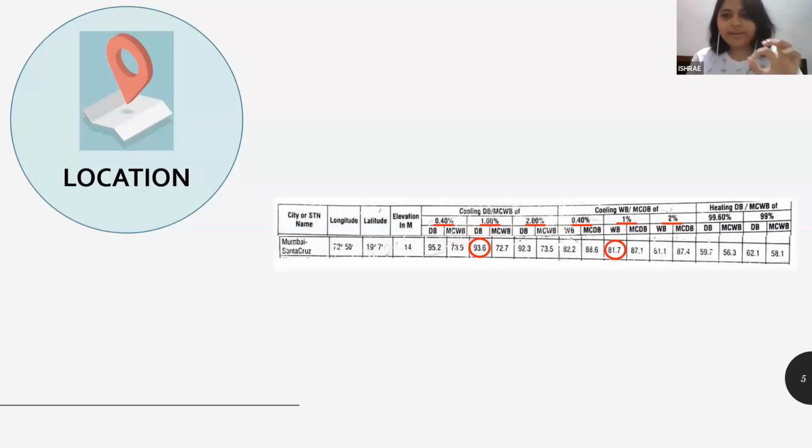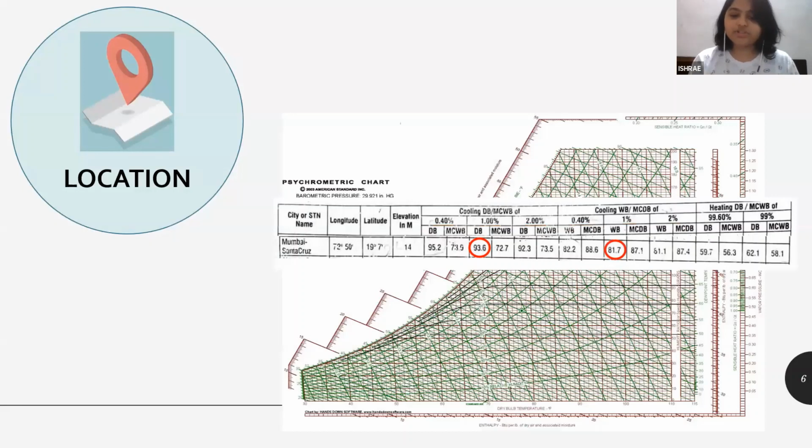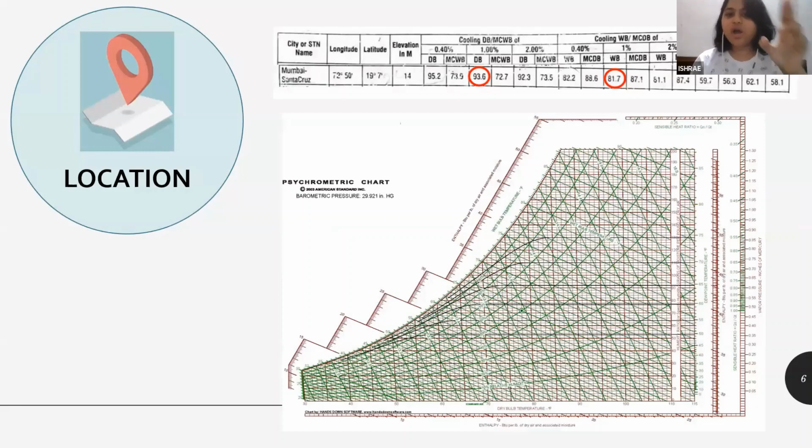Now what I'm going to do is, my dry bulb temperature and my wet bulb temperature I can get from this sheet, but for the outdoor conditions in the heat load sheet, I need my dry bulb temperature, my wet bulb temperature, percentage relative humidity and the grains per pound. So how to do that? We are going to plot this dry bulb temperature and wet bulb temperature onto our psychrometric chart. We can get the percentage relative humidity from there and also grains per pound. I'll show you all how.